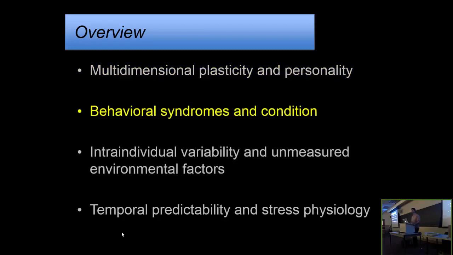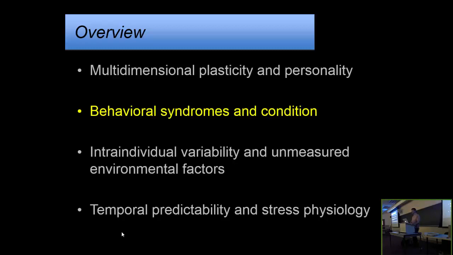What people are starting to look at now as well is how correlations among behaviors, behavioral syndromes, might actually vary at these two different levels. And so for the next section, I'm going to dig into that just a little bit and try to evaluate the relationships between the behaviors at within and between individual levels, as well as their relationships with condition at between individual and within individual levels, with the idea that that can help give some insight into some of the hypotheses out there of how condition might affect